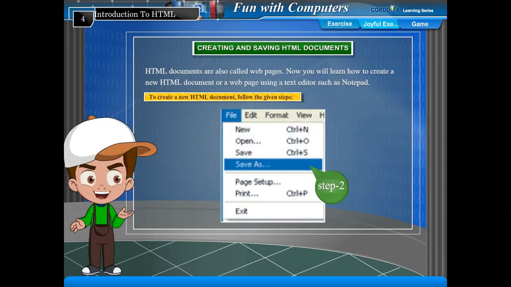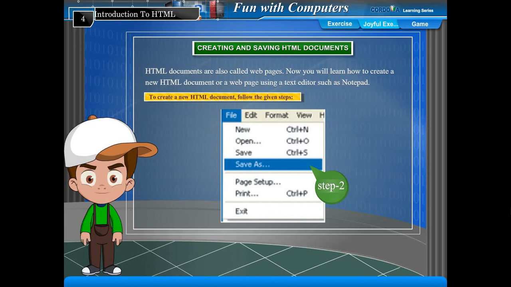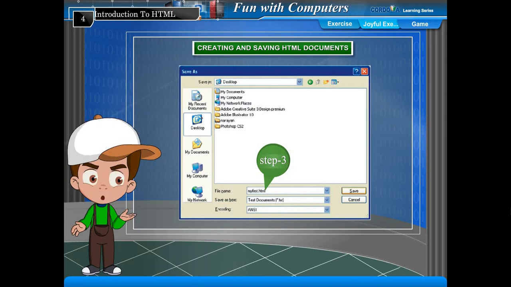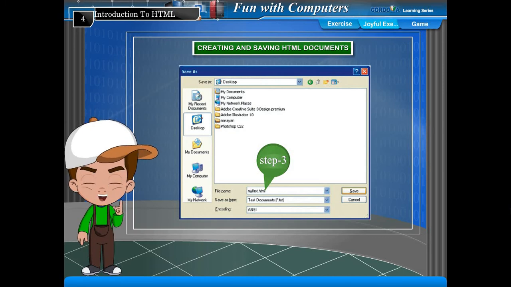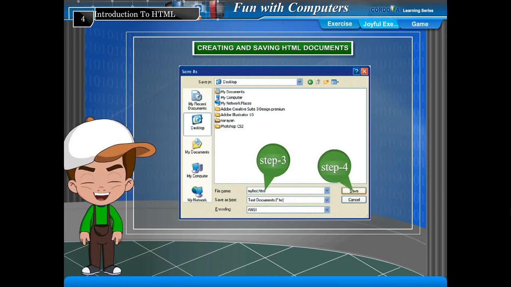Step 2. Click the Save As option in the File menu. The Save As dialog box appears. Step 3. Type the name of the file followed by a suffix .html or .htm. For example, myfirst.html. Choose the folder in which it would be saved in the Save In box. Step 4. Click the Save button.